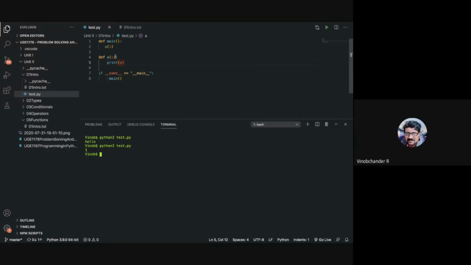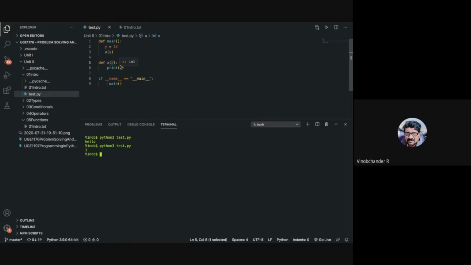So this is passing a value. You can either pass a value, or let's say this is Y, or a variable also. So variable Y is going to be passed here. The value of Y is 10, so 10 is going to be passed here, and that particular value is going to be printed here. So this is a local variable.